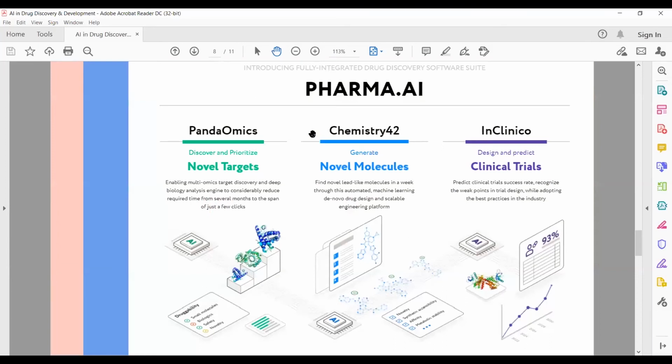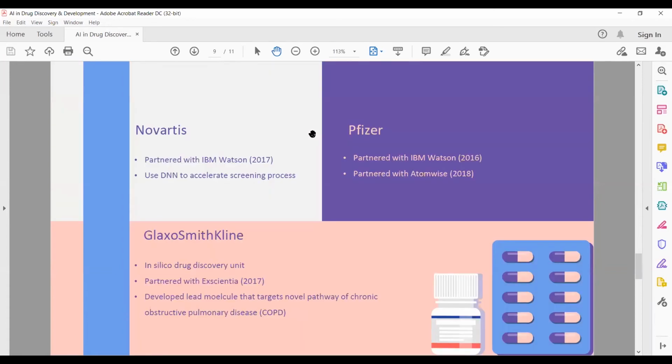Insilico was originally established in the United States, but they moved to Hong Kong in 2019. Using GANs, they developed platforms that they believe would save millions in R&D costs. So here's their software suite. The use of artificial intelligence in pharmacology is a collaborative effort. I wasn't able to find any approved drugs that were developed with AI,